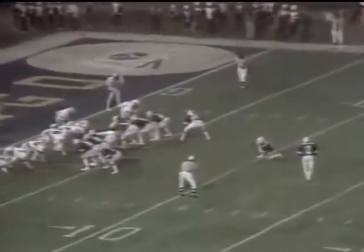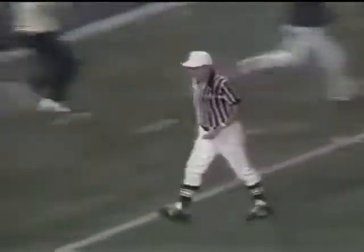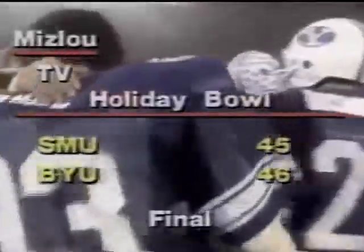Now, Kurt Gunther will try to win it for Brigham Young. The kick is up. Good! Brigham Young, in an absolutely unpredictable, wild finish, is successful. And Grady, I think we would be